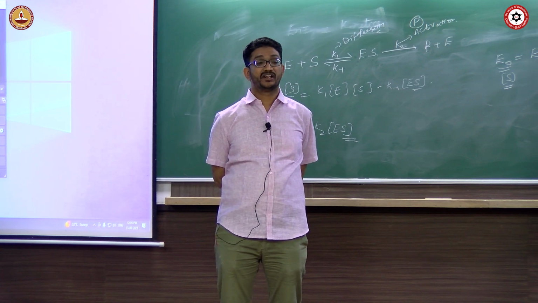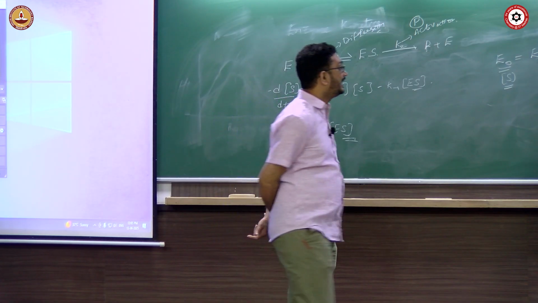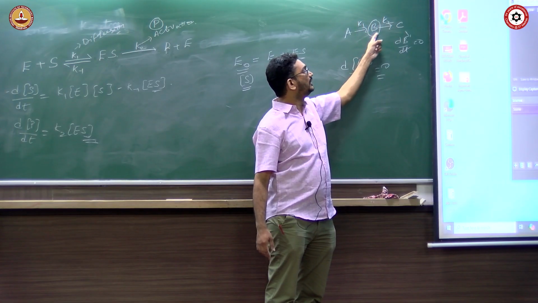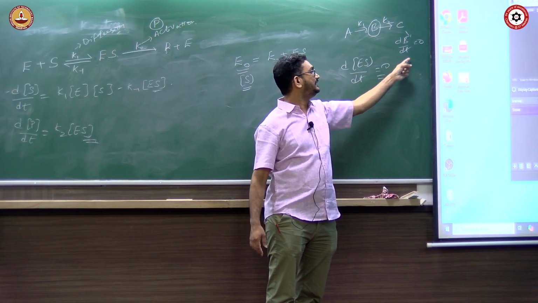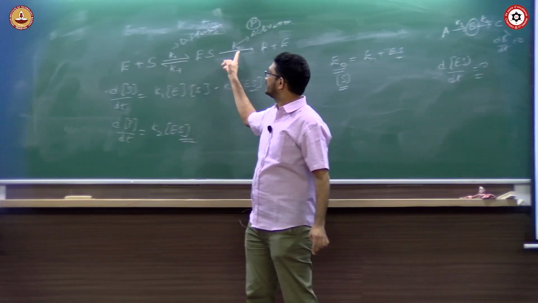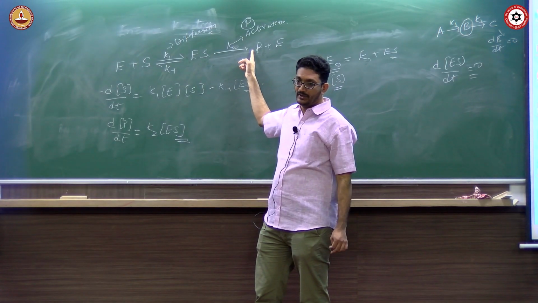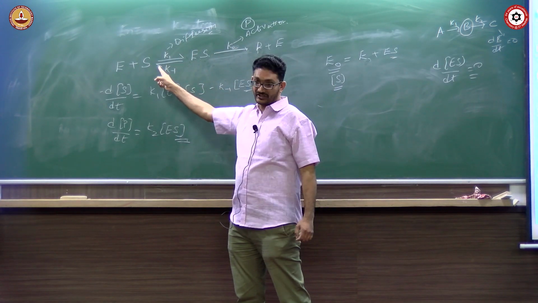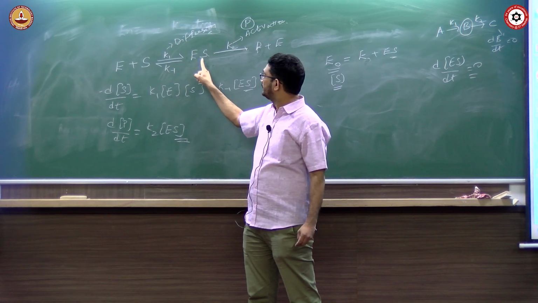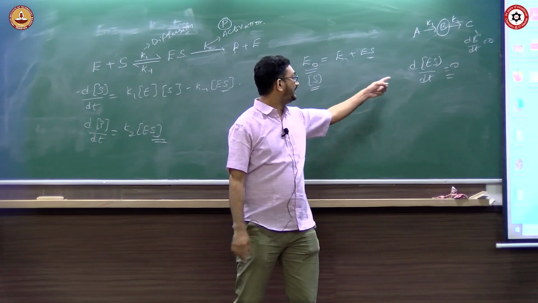So when can I apply that steady state approximation? When K2 is much greater than K1. Only then you can say that dB by dt is equal to 0. But that is only in this case. Here we never said K2 is greater than K1. We don't know whether it is diffusion control or activation control. But because there is an equilibrium reaction backward, this concentration is always going to remain constant. So this will either go here or here. So dES by dt is equal to 0.